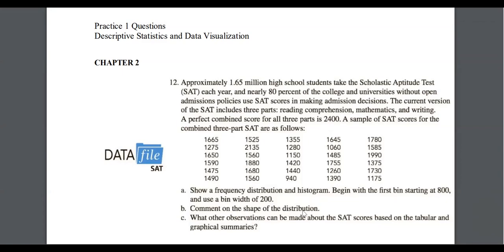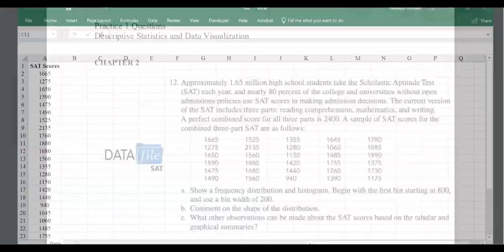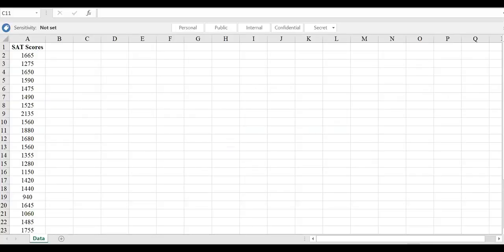And then we're going to comment on the shape of the distribution and see if we can make any specific observation on our histogram. So I'm just going to go to the data file SAT here. This is the list of the scores. As you can see here, we have 30 data points. Whenever we're doing the histogram, using the histogram tool from data analysis, the first step always is